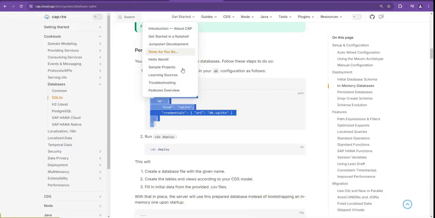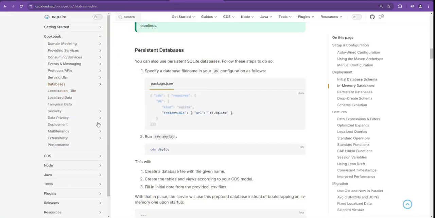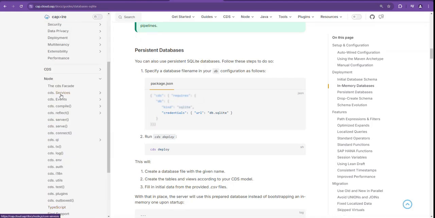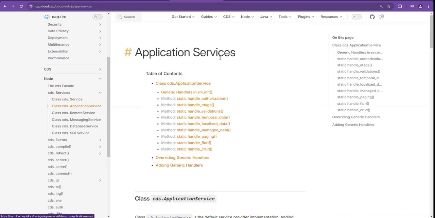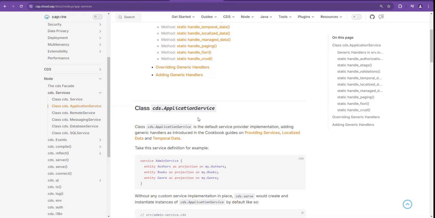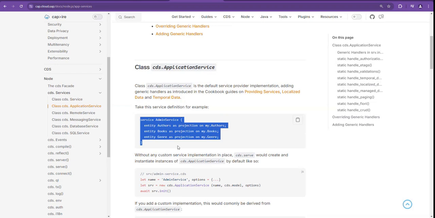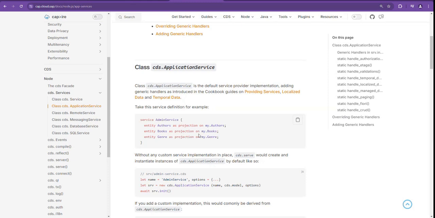Now in SAP CAP, when you want to work with service handlers, you see we have cds.services here. Under cds.service, we have an application service. Under this application service, we have plenty of options. Currently we have exposed our service in this format, right? Now on top of this service, I want to add my custom logic. So for that, which class will we use? The class that CAP provides is